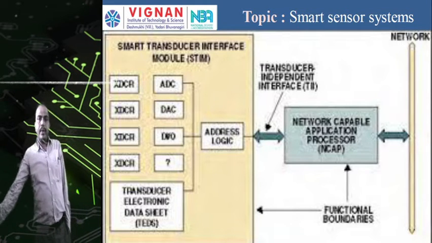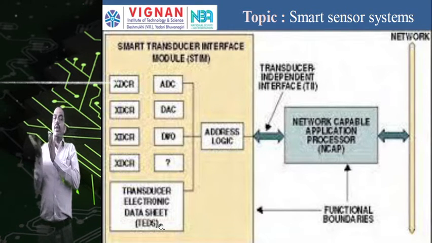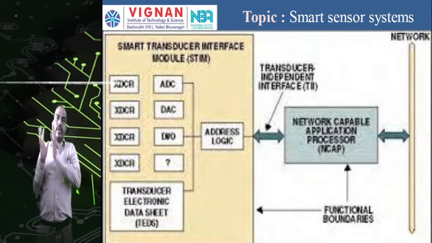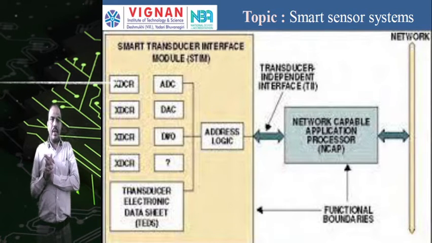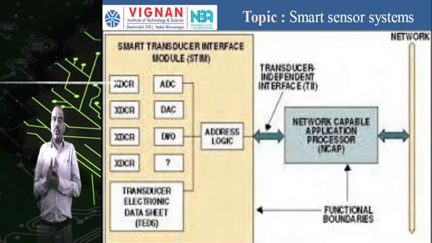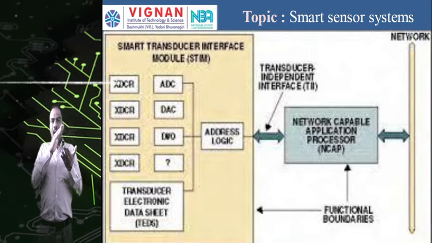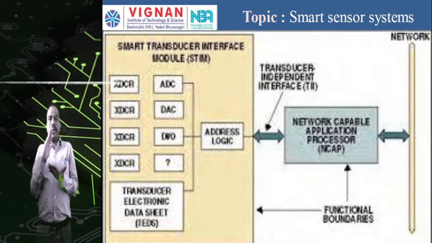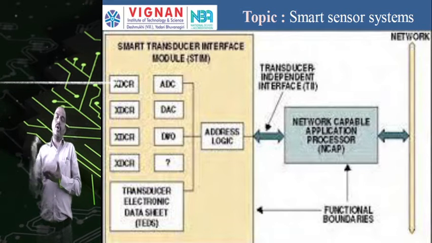And we have a transducer electronic data sheet. So the data which is to be sent or which is sensed, we have to maintain and store. So we have to maintain a data sheet. That is called TEDS, transducer electronic data sheet. Whenever you want that data for reference, we have to store it in a particular sheet. That is called TEDS. The transducer will send the data, and then processing takes place. That may be analog to digital, digital to analog conversion. Then it has to be sent to the outside world.